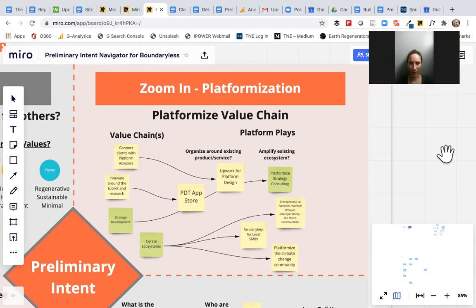Okay, and so then at this point, if you were to just do this sort of exercise and continue into the Platform Design Toolkit, you get pretty focused in on your value chain and in different ways you can analyze it or intuitively think through it. So that's also kind of broadly one of the reasons we thought this was a complementary activity, is that it allows people to take a step back for a minute before getting into the details too much. So then at this point, you're already starting to get into the details. So then we've flipped back to the quadrant to the left, in the upper left, to zoom out again before you get into the details.